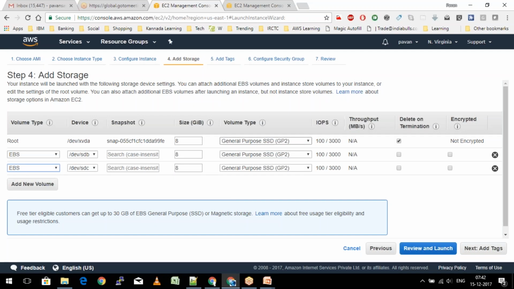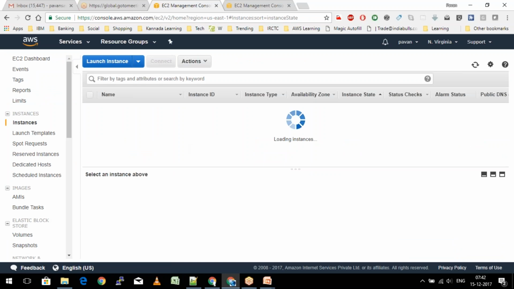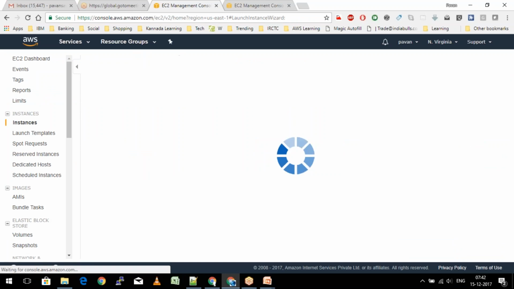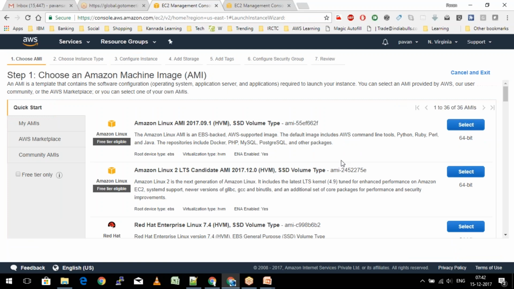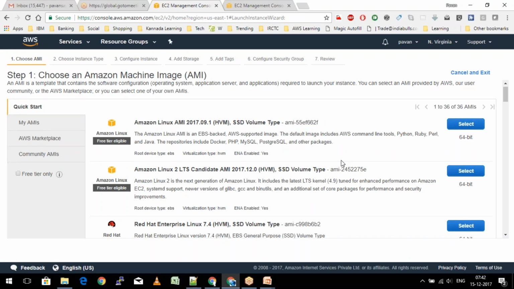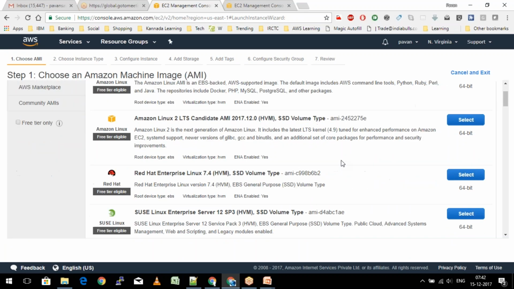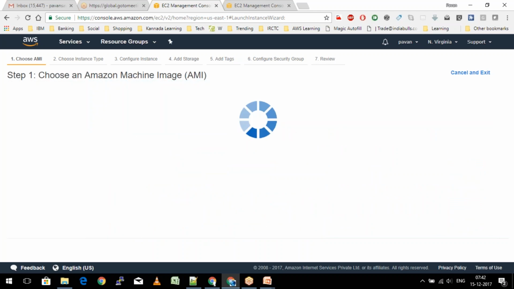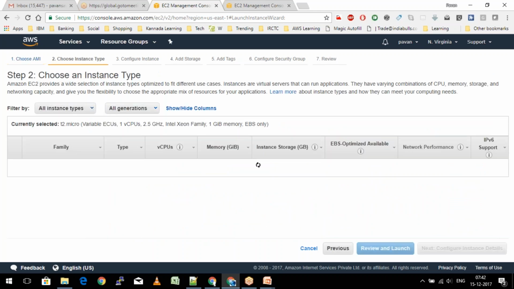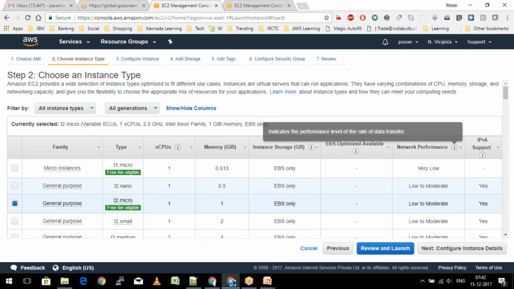Before we learn about it, I'll quickly launch a Windows machine where we are going to learn how to create our RAID volume. Windows instances take a little while to launch. I'll pick the 2016 base, and the general purpose t2 micro.